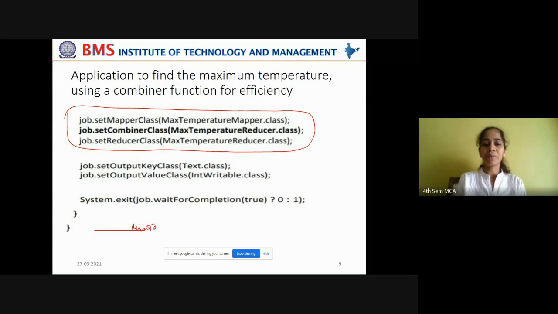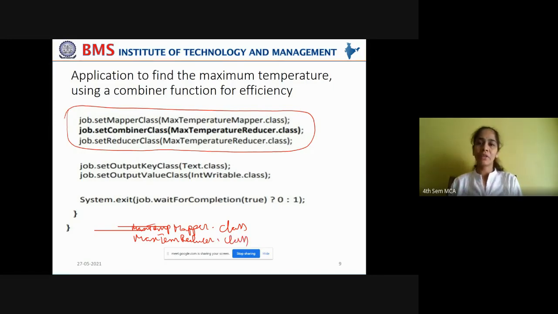MaxTemperatureMapper, whose dot class file is taken to set the mapper class, and we have written MaxTemperatureReducer, whose dot class file we take to set the reducer class. Now we have to add one more line, set combiner class. This set combiner class also takes MaxTemperatureReducer as a parameter.